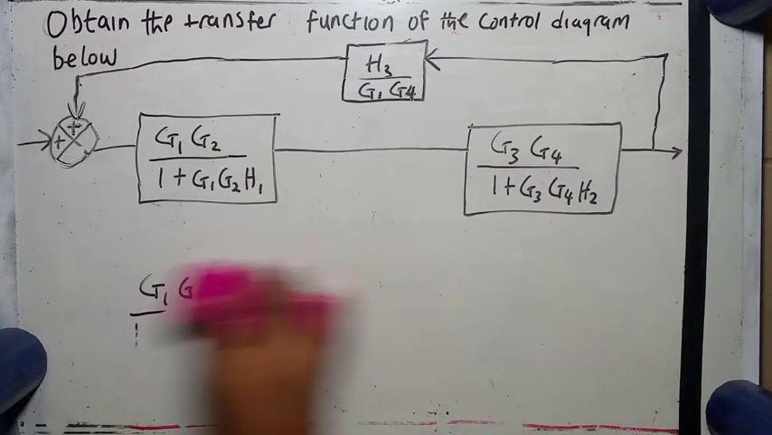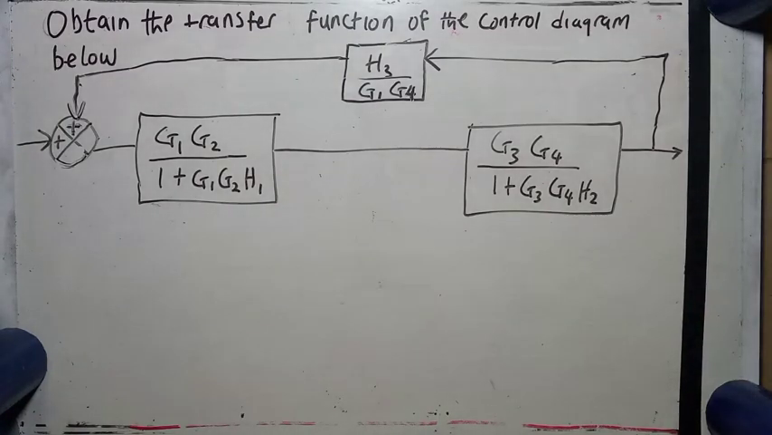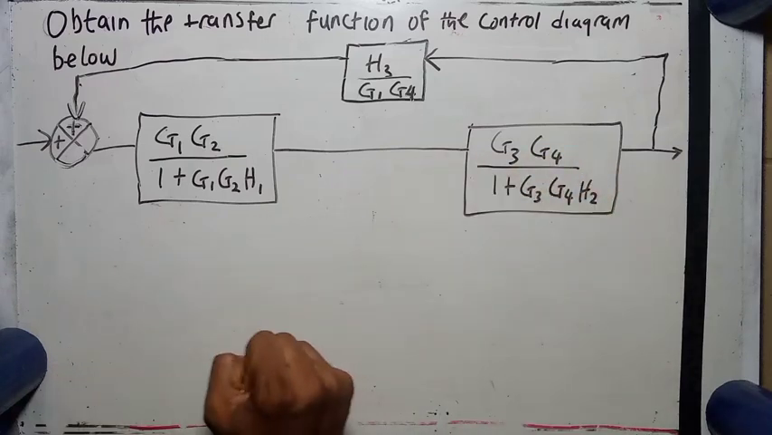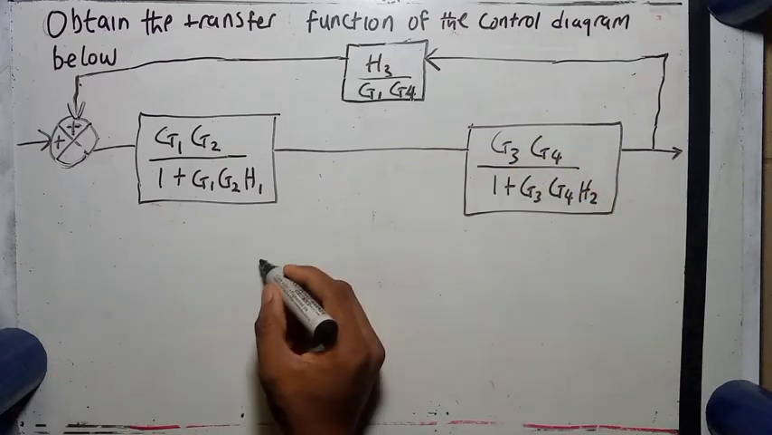Okay, finally we have reduced it to this level. We have tried now, but we're not still done. Our aim is just to have one box here. So this and this are in series, so we can simply multiply the two of them. When we multiply the two of them, we are having